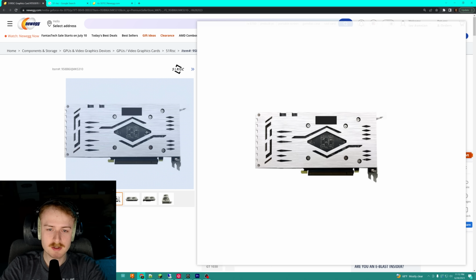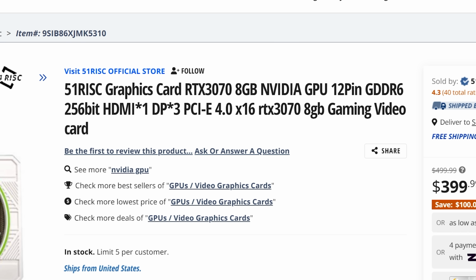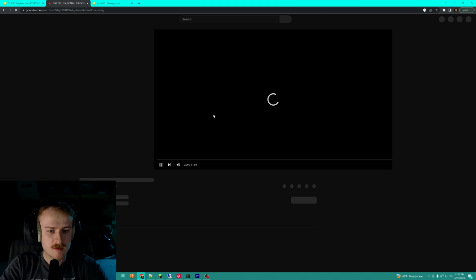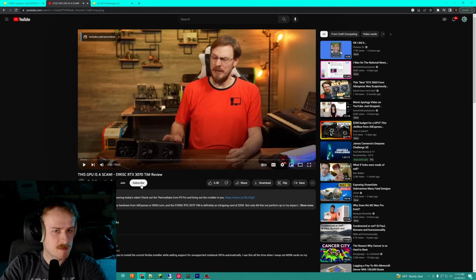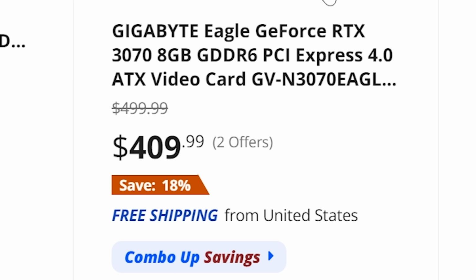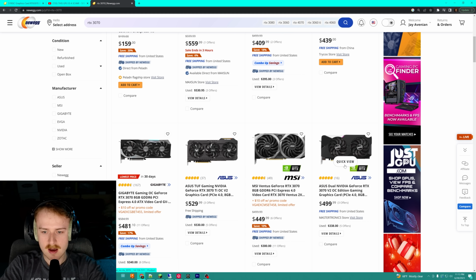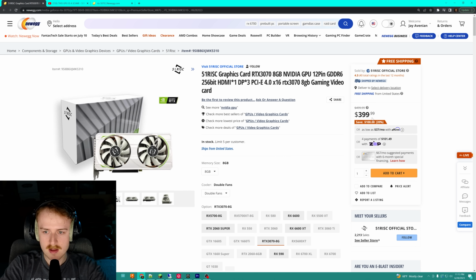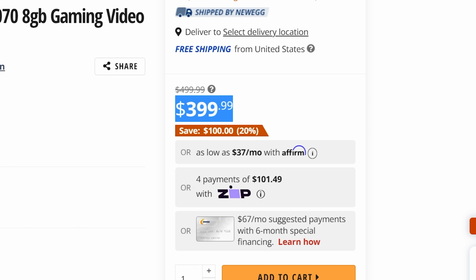Cheapest 3070s you can buy. This is from a brand that I haven't recognized, and it has some very interesting people talking about very similar cards. You've got some stuff that does kind of compare close. You've got a sale going on from Gigabyte. You've got maybe some other stuff, some one-time deal, but this is a $399 card, which at the time is